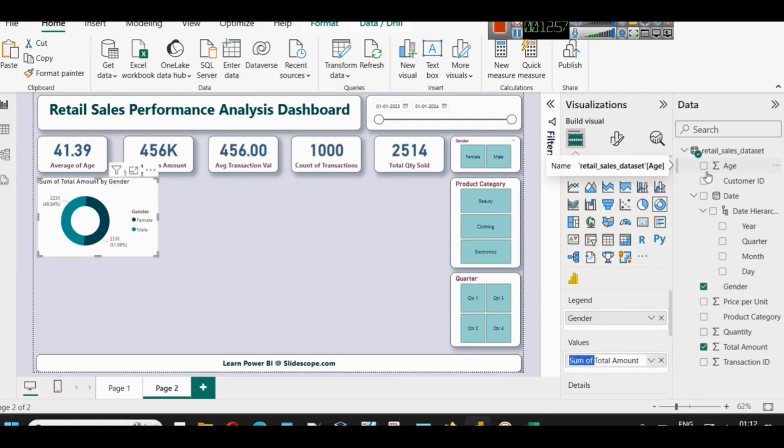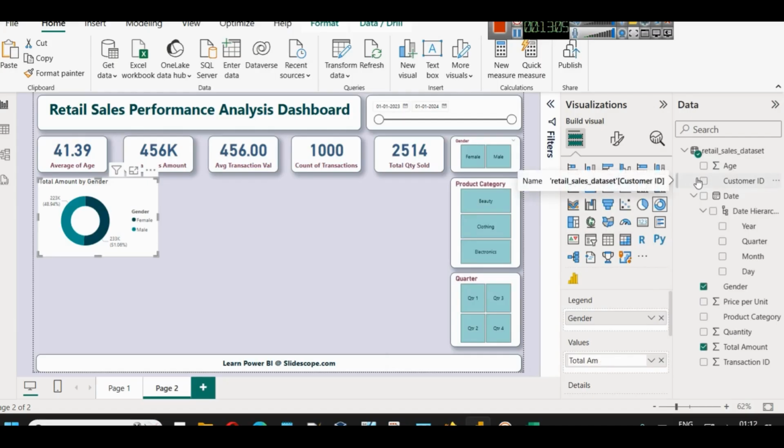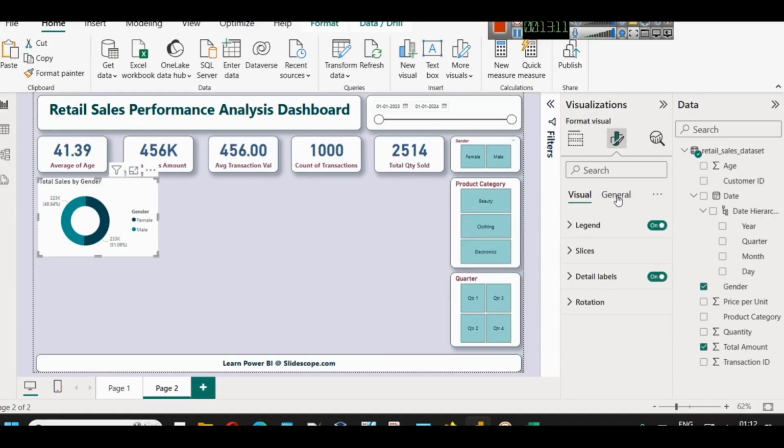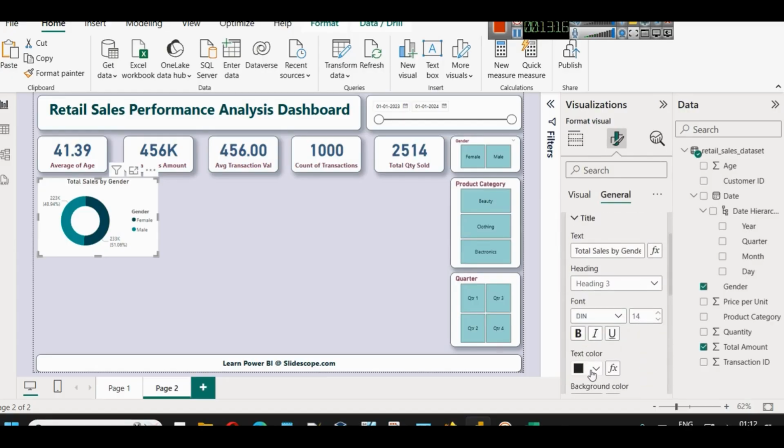and we can rename this visual. Total amount in itself is sufficient. So total amount by gender, or total sales by gender, let's say. Total sales by gender, and for this we can go to general tab, title,